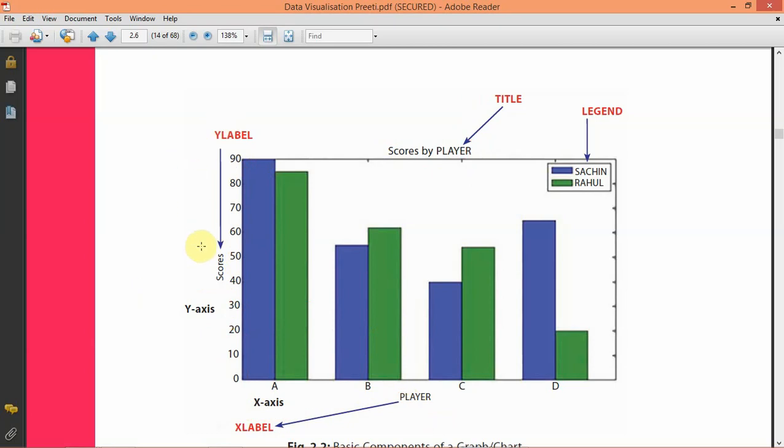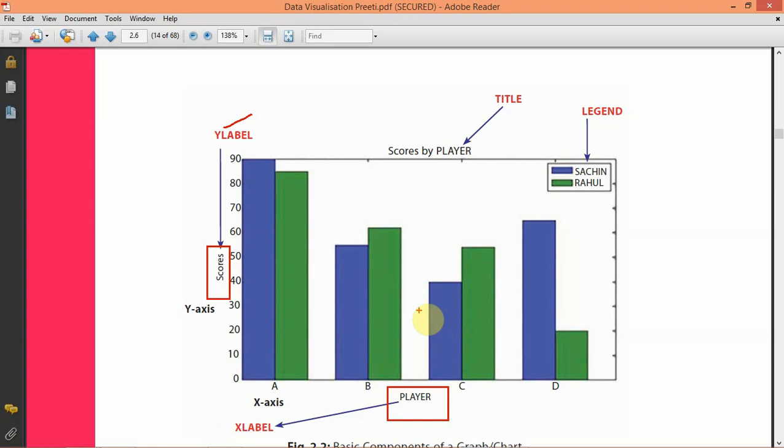Now y axis will have one name, so that name is known as label of the y axis, which is here, and x axis also will have one name, that is called label of x axis.